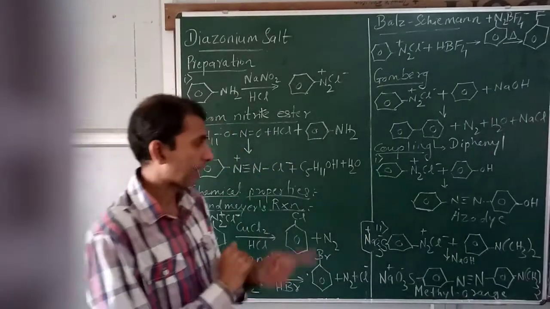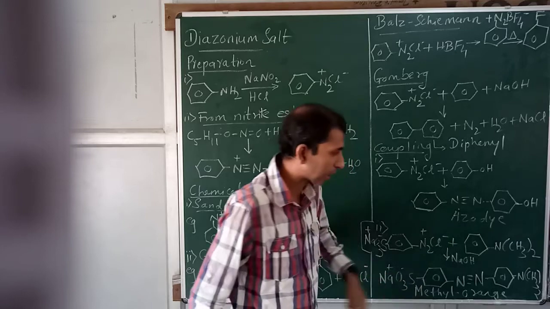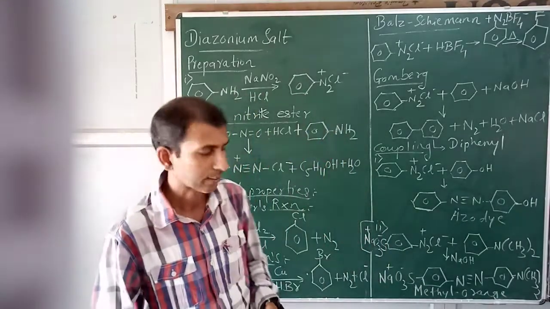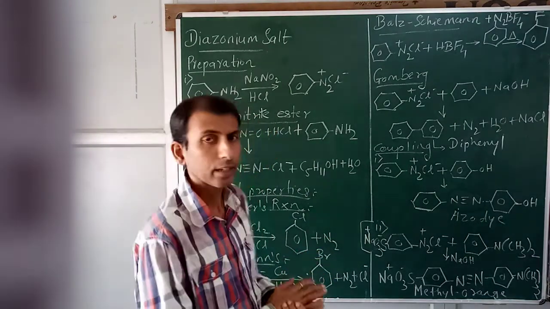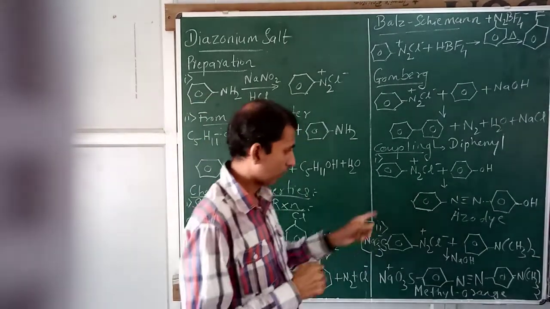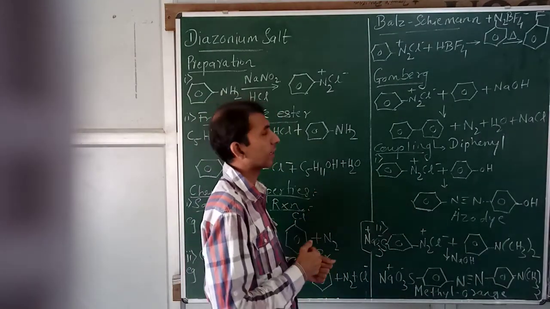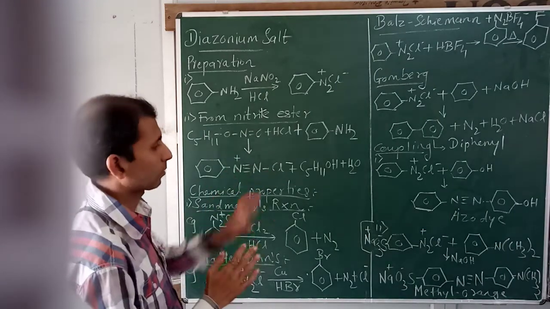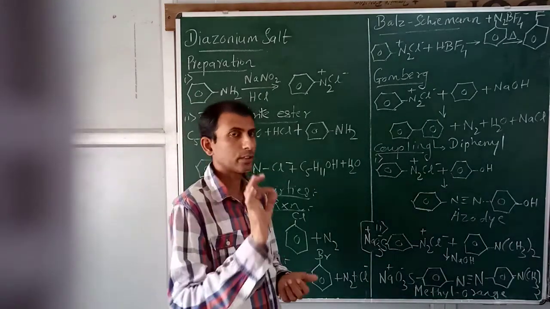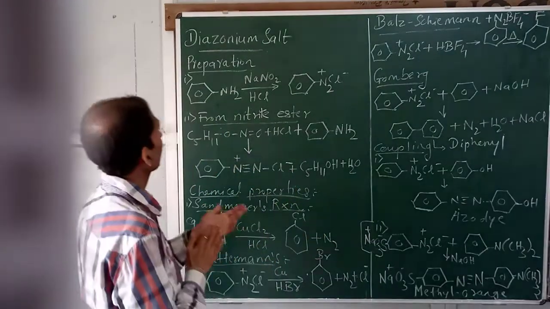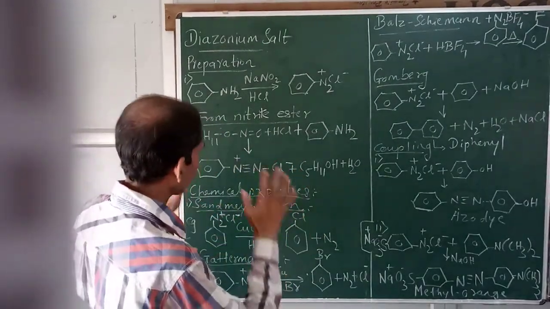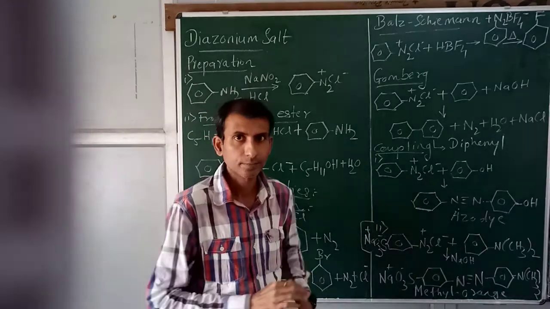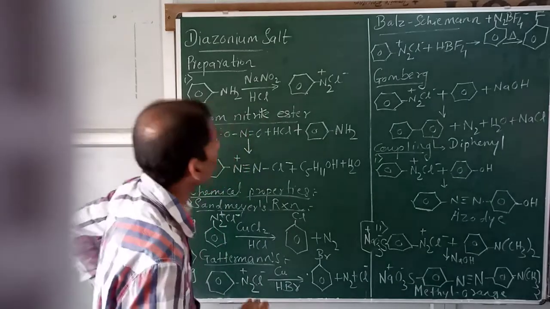This structure and the name given below this structure is very important: methyl orange. Now what is methyl orange? You already know it is an indicator. We have already seen the titration in the practicals where we used methyl orange as an indicator in 11th standard. So this is the structure and theoretical aspect of methyl orange, and how to prepare it. So dear students, with this concept of diazonium salt we complete this chapter, compounds containing nitrogen.